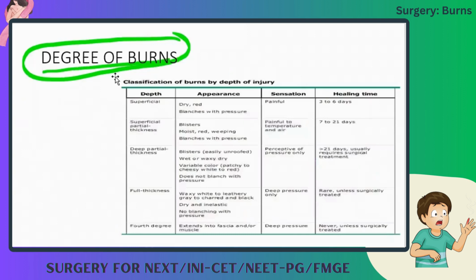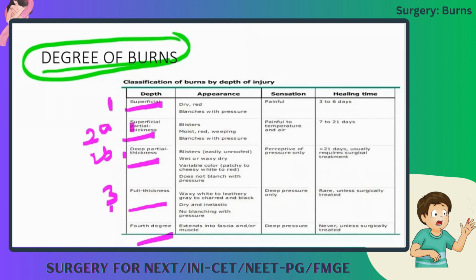So see here the degree of burns. There is superficial partial thickness, deep partial thickness, full thickness, and fourth degree. Superficial is first degree, then 2A and 2B. Superficial partial thickness is 2A, deep partial is 2B, full thickness is 3, and fourth degree is 4. So it is simple, you can remember: there is skin, underneath the skin there is subcutaneous tissue,